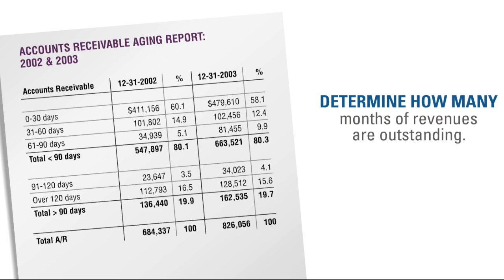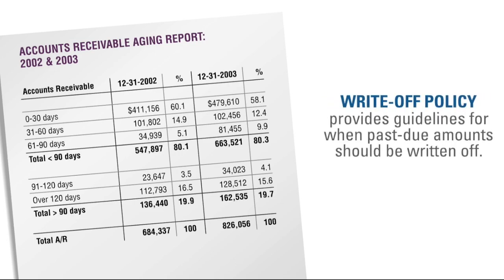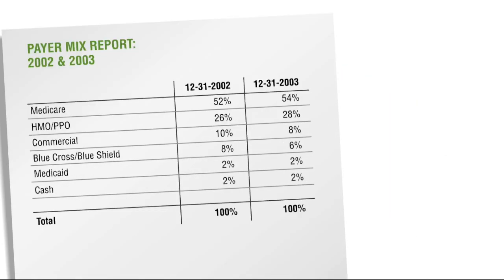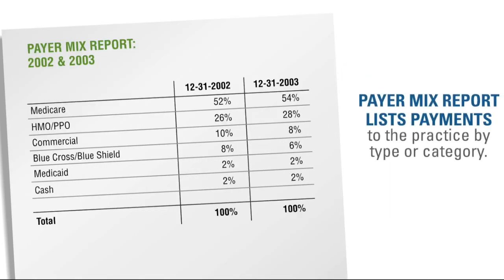A write-off policy provides management guidelines concerning when amounts on an account should be considered uncollectible and written off or deducted from outstanding AR. Determine the write-off policy of the group when evaluating AR, particularly for amounts that are greater than 90 days old. The other practice management system report we'll look at is the Payer Mix Report, which lists